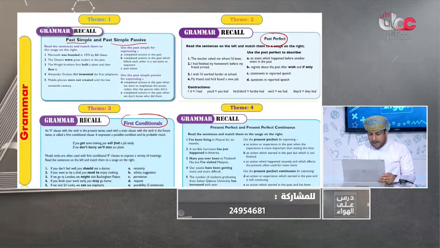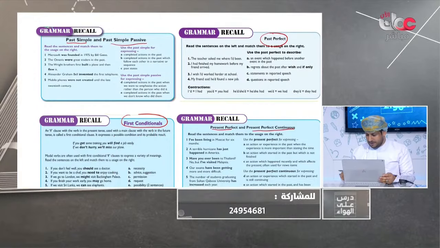This is an example only. Theme 4, the grammatical point was the present perfect and present perfect continuous. So those are only a revision for you, in case you need to go back, and then we will practice some questions, because I have some questions related to each point of these grammatical rules from the previous exam, from last year's exam. All right, so let's do some exercise or practice.